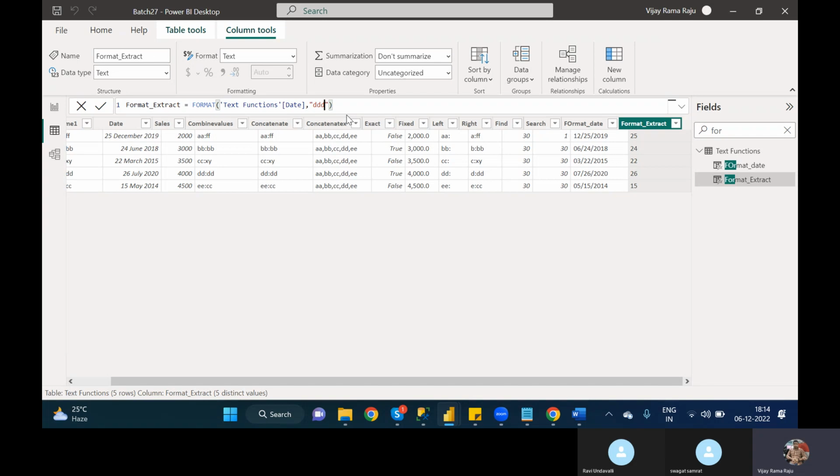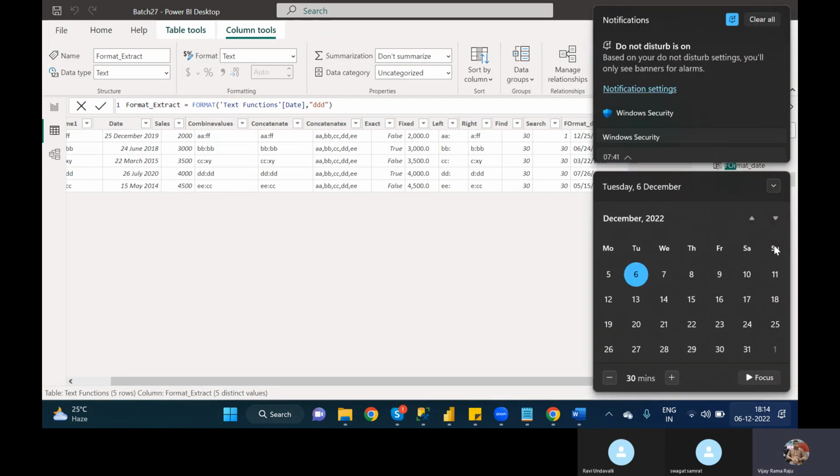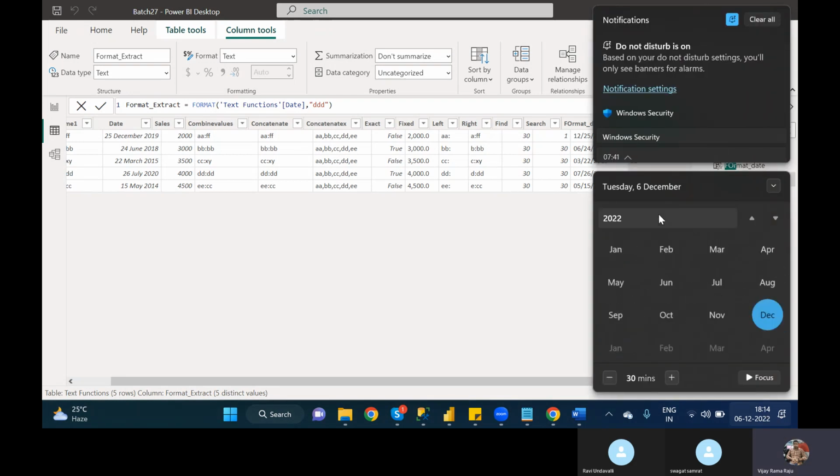If you give 3 D's, what will happen? The shortcut of the week name will be displayed. Understand? That means for 25th December 2019, on which weekday it falls, the shortcut of that week name will be displayed. Suppose for example, just go to that particular perspective. In 2019,